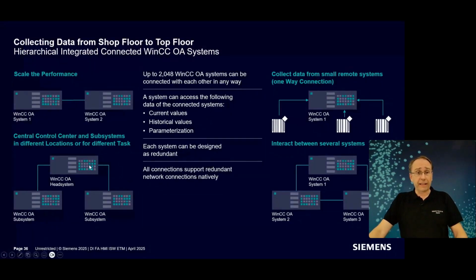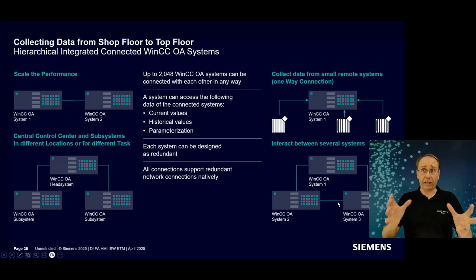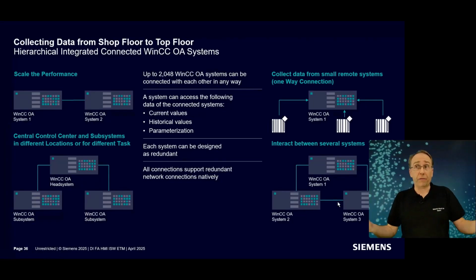But as I said, it can be a hierarchical setup where the subsystem will not get the information from the other system. This is your decision, by adding one more line to the config file, so that this subsystem can only communicate with the head, or, in this case here, that every system sees the same data, because the connections we make are logical point-to-point connections, and therefore you can build hierarchical networks, or you can build fully meshed networks as you see fit for your application. Now,